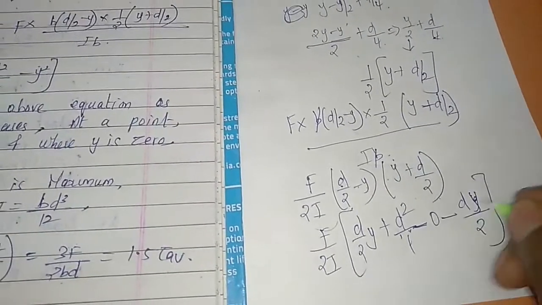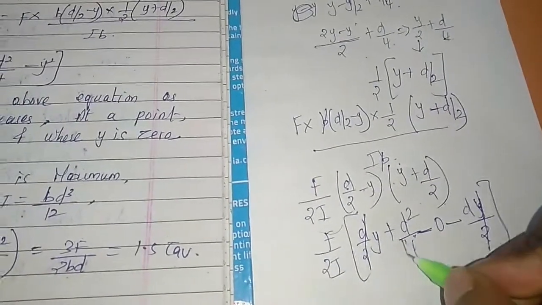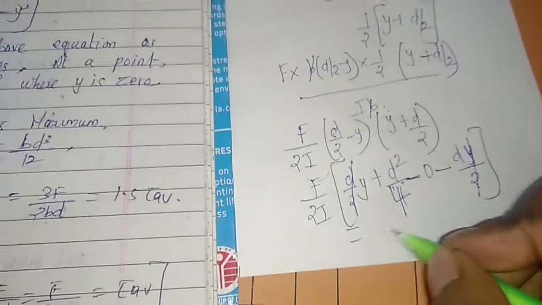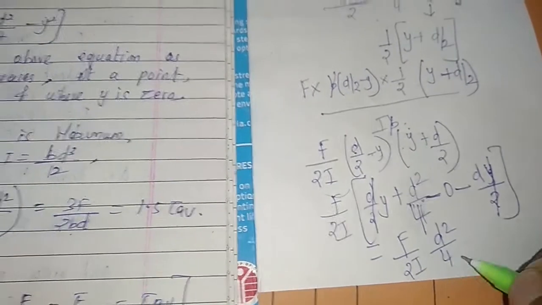Yes, so minus dy by 2 plus dy by 2 will cancel. So this is d square by 4. It's nothing but F by 2y into d square by 4